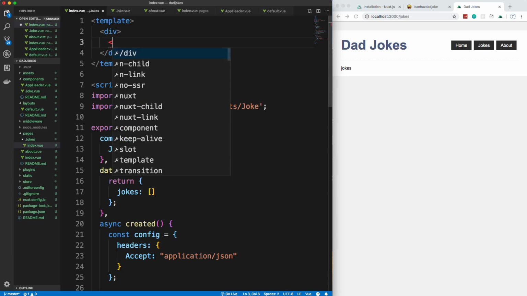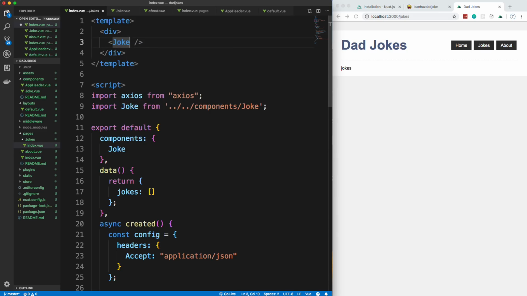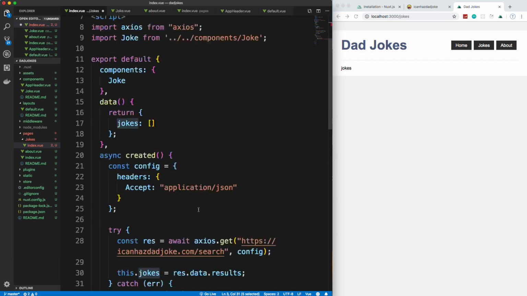So let's say joke. Now there's a bunch of stuff we need to add here. One, we need to loop through and show a joke for each one in the array. So we're going to use a v-for directive. We're going to say v-for equals, let's say joke. We'll do joke in jokes. Okay, so this right here pertains to this array that's getting filled by the